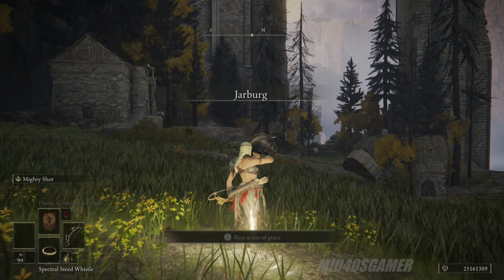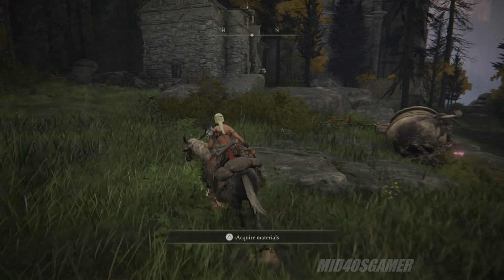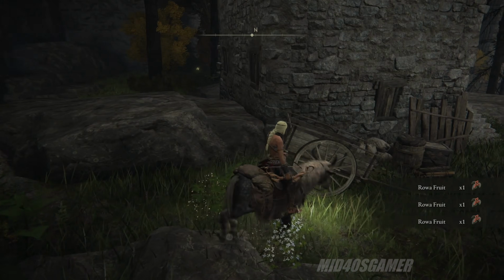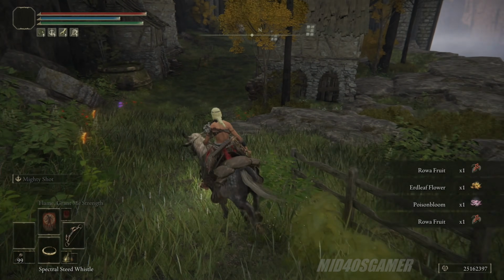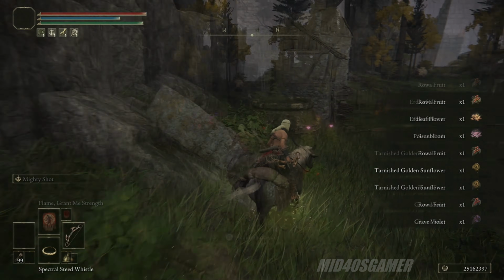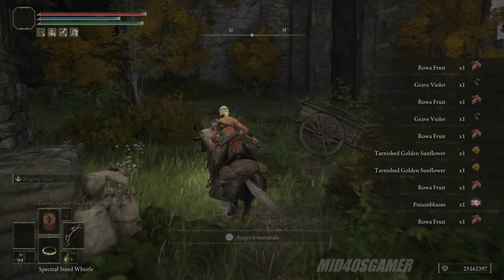Jarburg not only offers an area that's rich with roa fruit, but there are quite a few other ingredients you can easily pick up while farming. You can quickly ride around on Torrent, collecting flowers and fruit, and reset at Jarburg's Site of Grace for repeated runs. With enough ingredients to craft the golden foulfoot en masse, we'll head over to Pickled, where we'll collect the